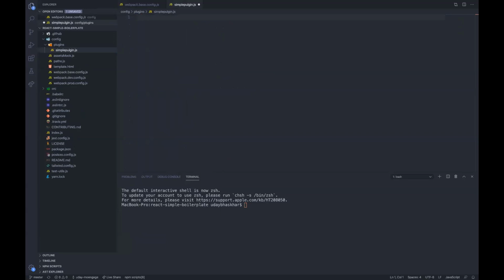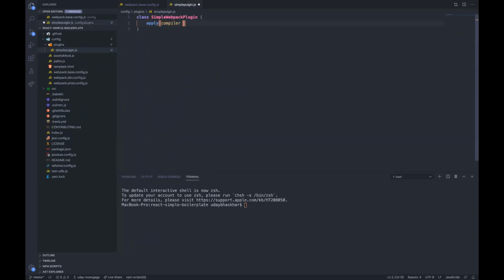As I was talking about tappable instances, I'll create a class for my plugin, and I will try to start the compiler and pass a compilation instance through that. So for that, I would need a class, SimpleWebpackPlugin. And whenever Webpack loads this, it calls this apply.